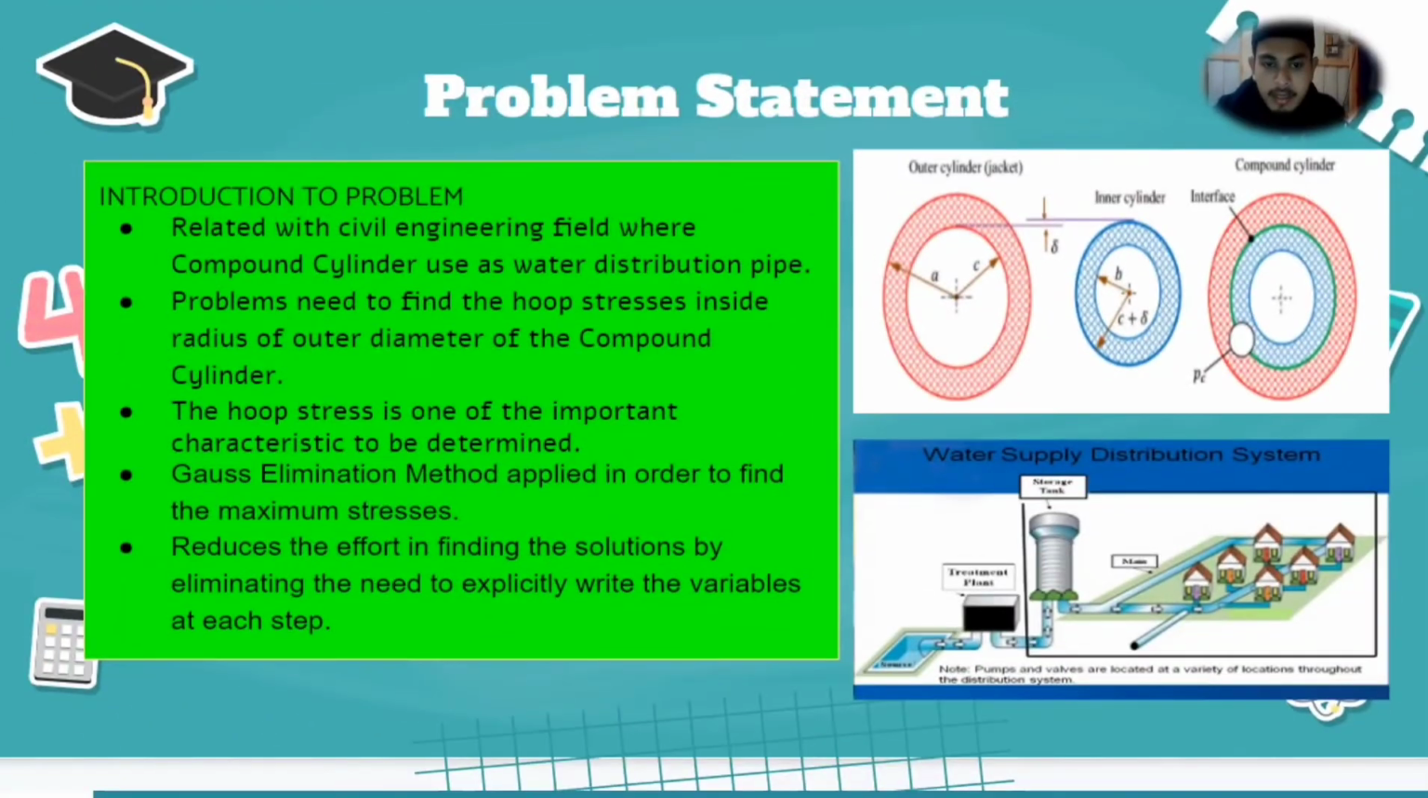I will be presenting our group problem statement, and first I will talk a little bit about the introduction to the problem. Firstly, our group problem is related with civil engineering field where the compound cylinder is used as water distribution pipe. Our problem needs us to find the hoop stresses inside radius of outer diameter of the compound cylinder, where the hoop stress is one of the important characteristics that needs to be determined in order to plan the process